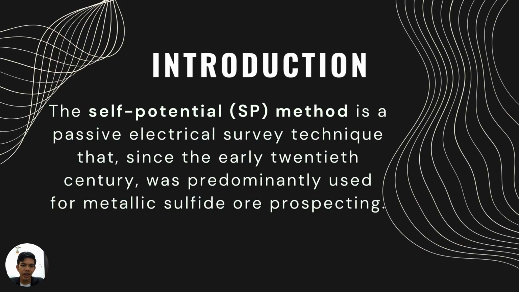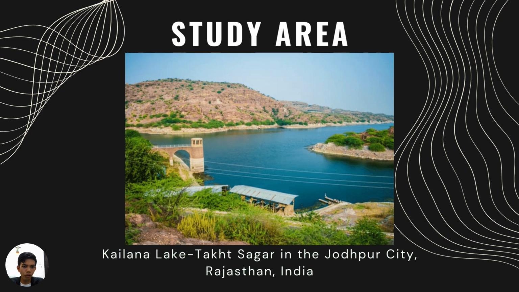Alongside SP, the electrical resistivity method helps identify underground fractures that act as leakage paths. By combining both methods, researchers can pinpoint where water is seeping, making it easier to prevent structural damage and manage water resources more effectively. In this study, both SP and resistivity surveys were used to detect these leakage paths in an embankment dam. So for the study area, we have the Kailana Lake Takhat Sagar in Jodhpur city, Rajasthan,